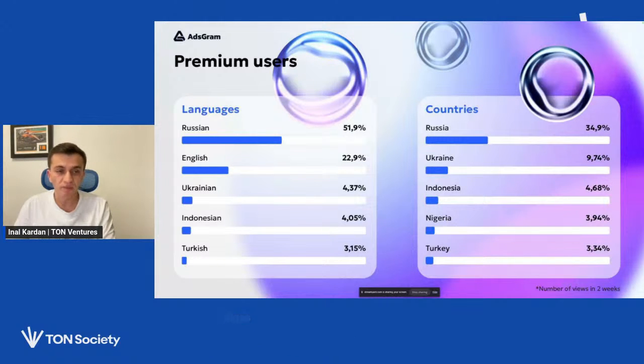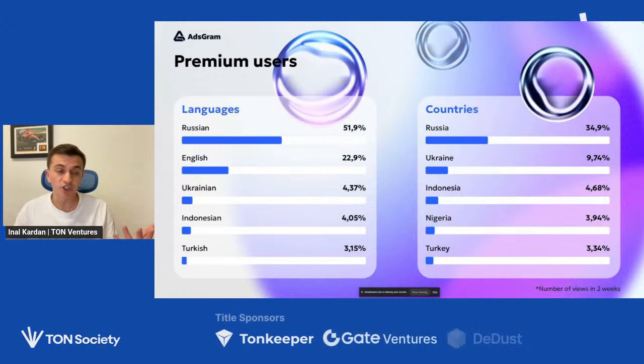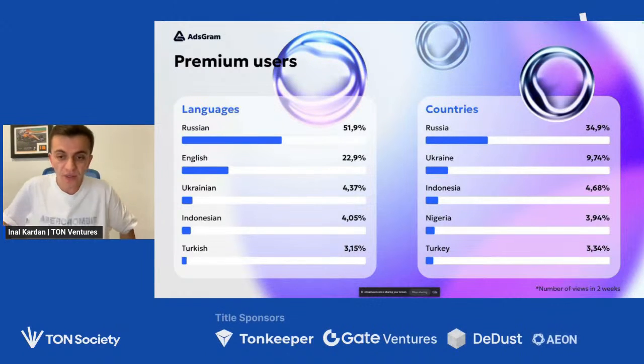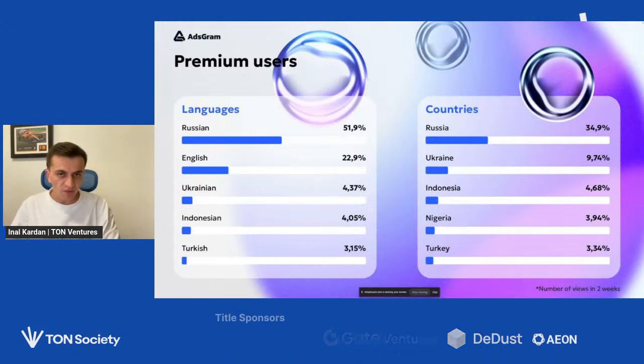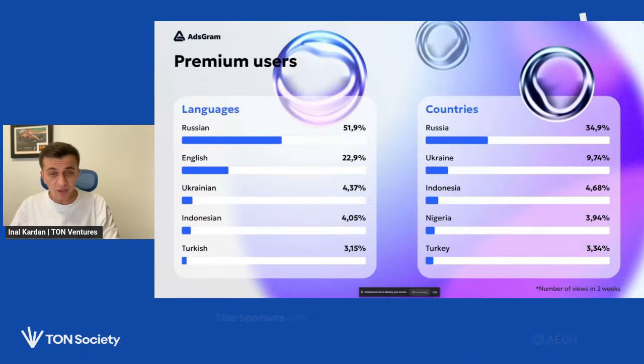Almost 52% of the premium users they see have Russian as the main language of the device. English is big as well, almost 23%. Ukrainian is number 3, then Indonesian and Turkish. But also, country-wise, Russia is almost 35%, Ukraine almost 10%, then Indonesia, Nigeria, and Turkey.